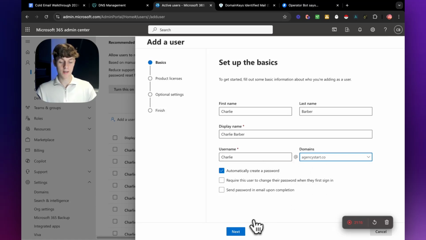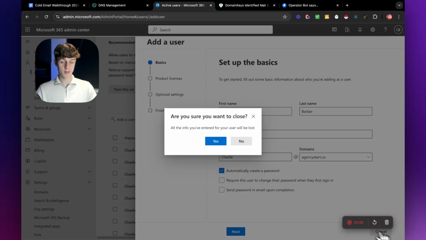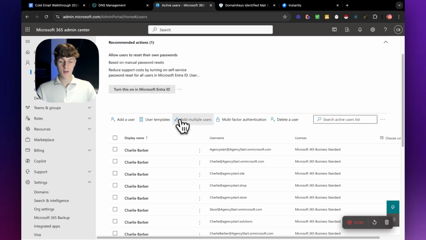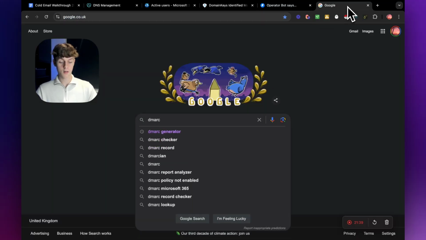So if you were to click next, I'm not going to do this because it would actually bill me, but once you click next, it is then actually going to have that as an email. So now you're good to go, right? You've actually got an email, and there's only one more thing you have to do, which is, let me just click cancel, let me do this, which is now just go onto Google and search for DMARC generator,